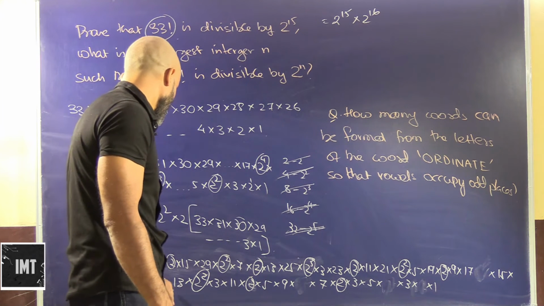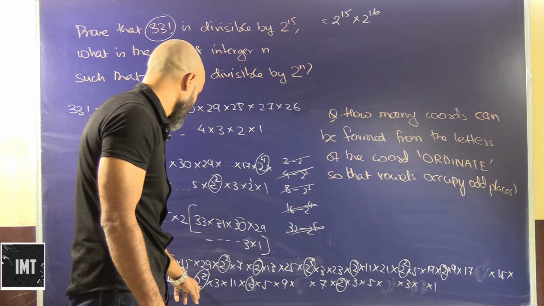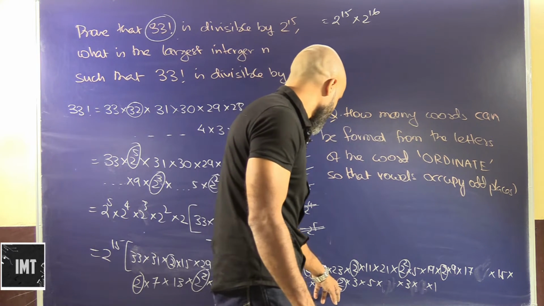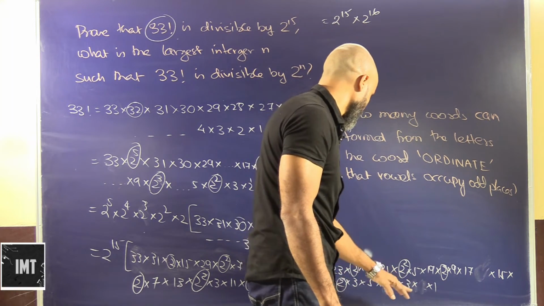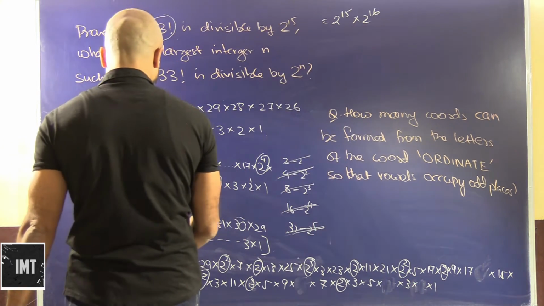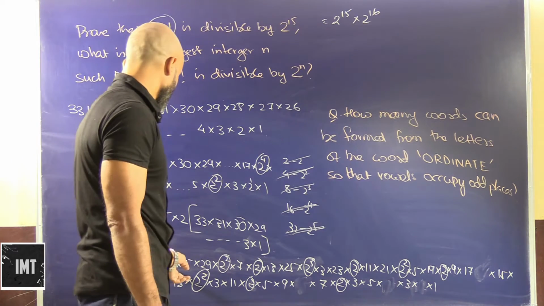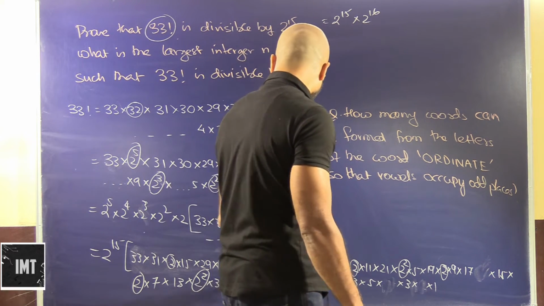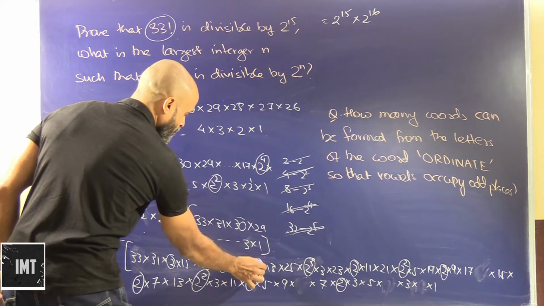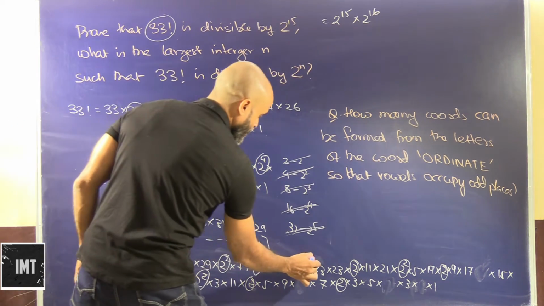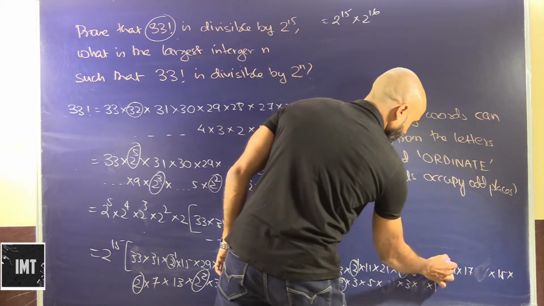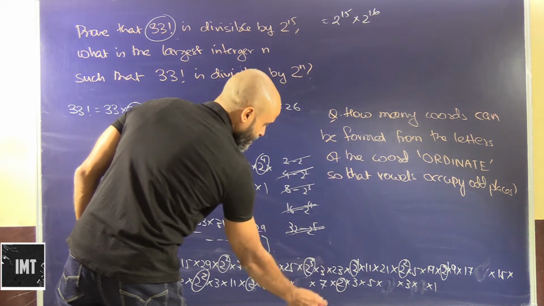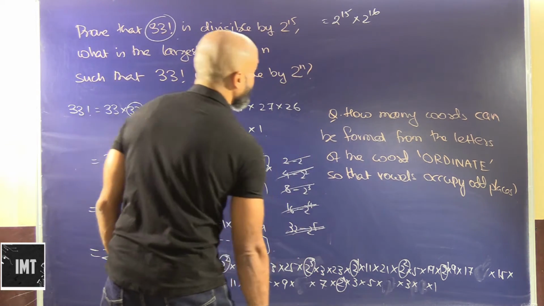This is 2 7s are 14, 13, then we have 12, 11, 10, 9, 8, we have taken out 7, 6, 5, 4, we have taken out 3. So we have here 15 2s are 30, and this is 4 7s are 22 plus 1 3, 4, okay, 2 plus 1 3, 4, 5, 6, 7, 8, 9, 10, 11, 12, 13, 14, 15, 16. Okay, so we have here 16.